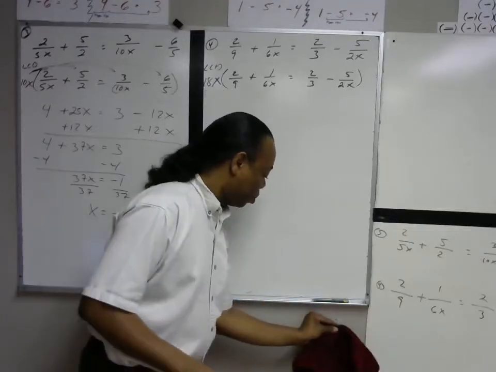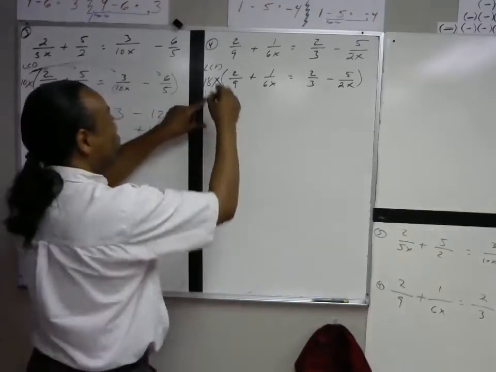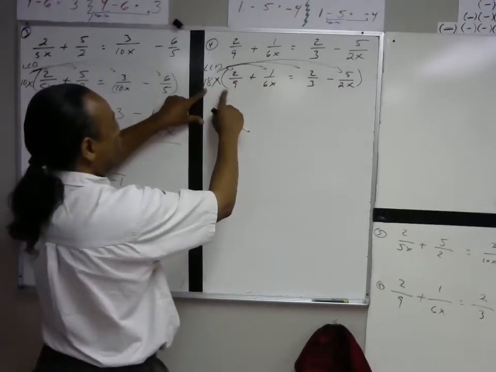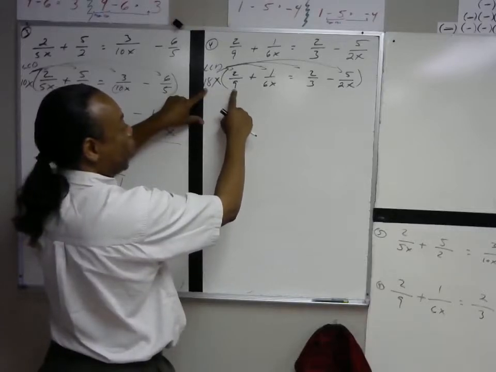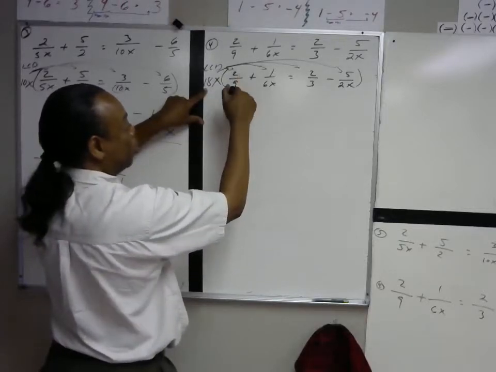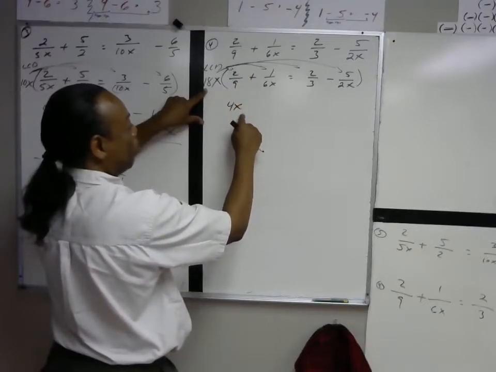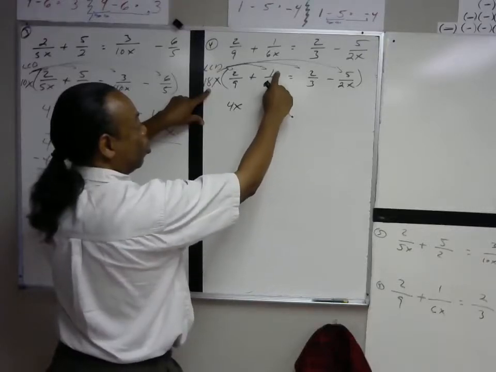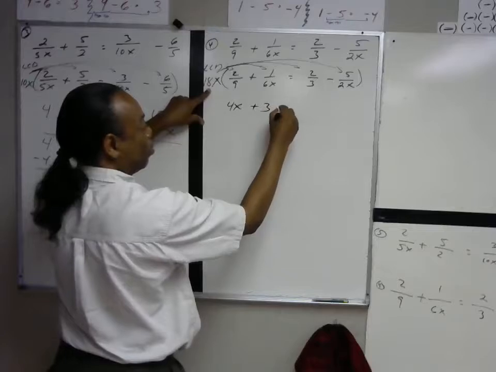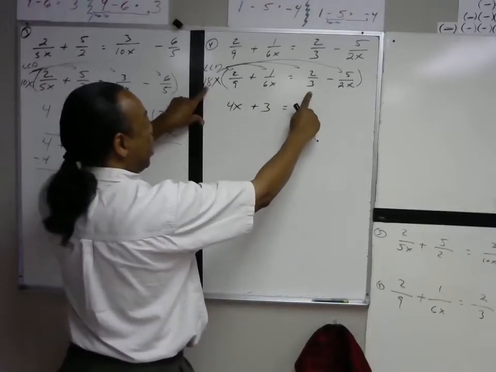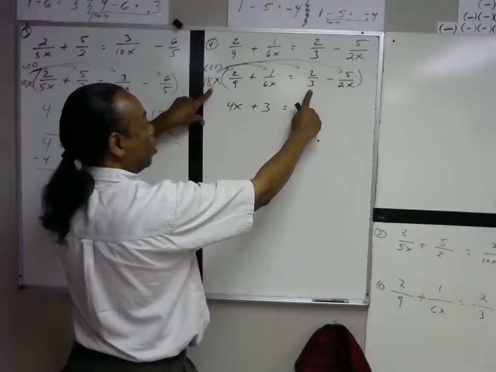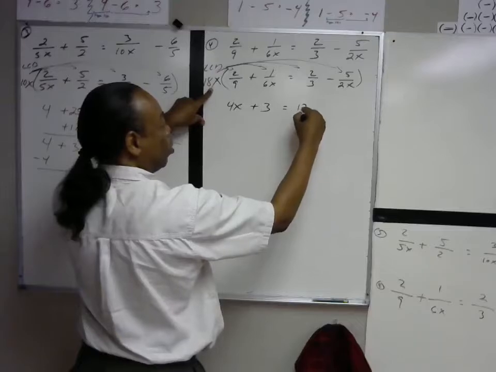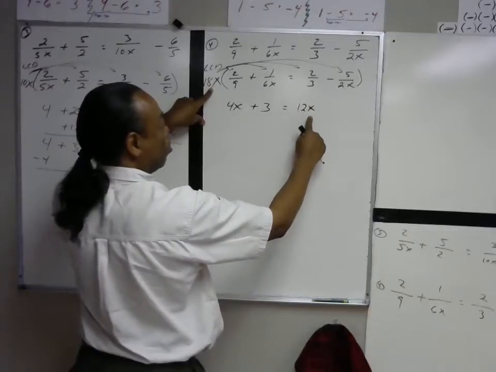Okay. Let's distribute here, here, here. 18x divided by 9 is 2x. 2x times 2 is 4x. 18x divided by 6x is 3. 3 times 1 is 3. 18x divided by 3 is 6x. 6x times 2 is 12x. Minus